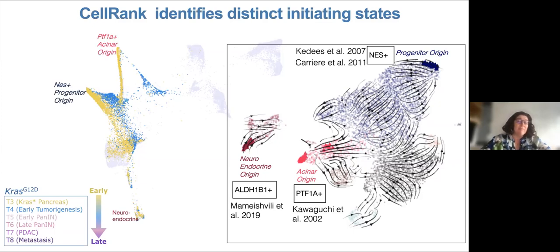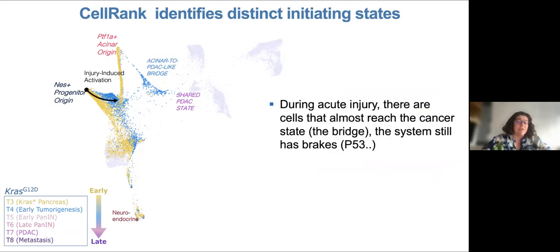So now we can map our origin to our data, so we could orient ourselves with these 2 origins, and we could see what's happening. Under injury-induced activation, cells seem to go more PDAC-like, and we can also measure these distances in the nearest neighbor graph and in high dimensional space, again, never to overinterpret what we see in 2D.